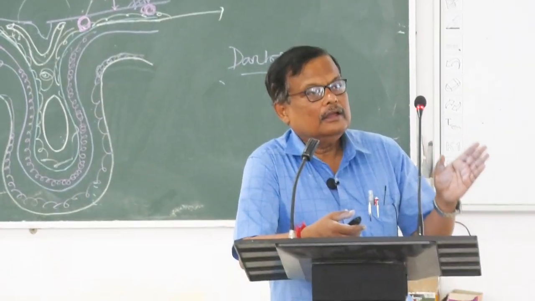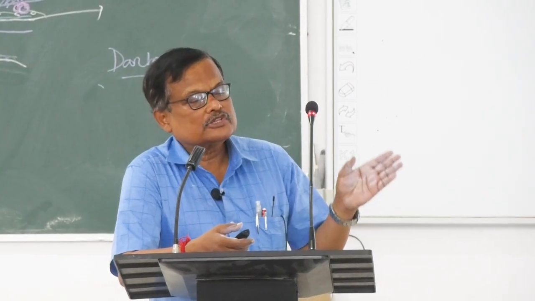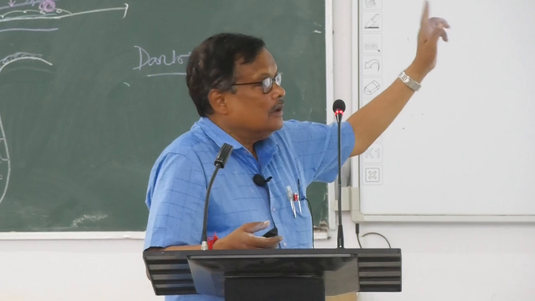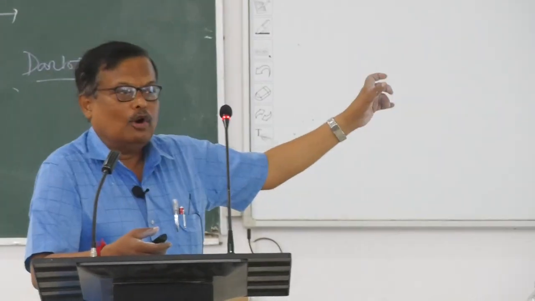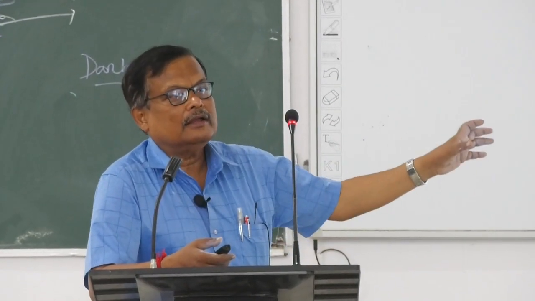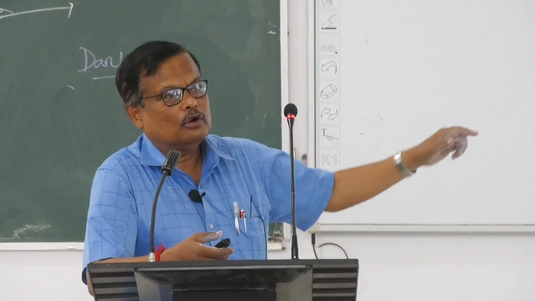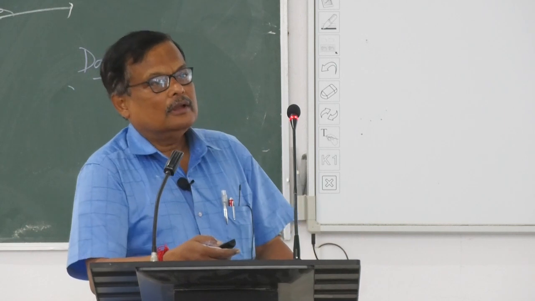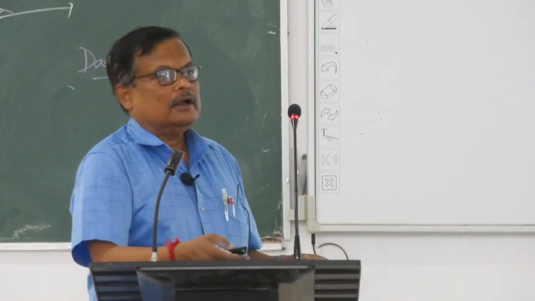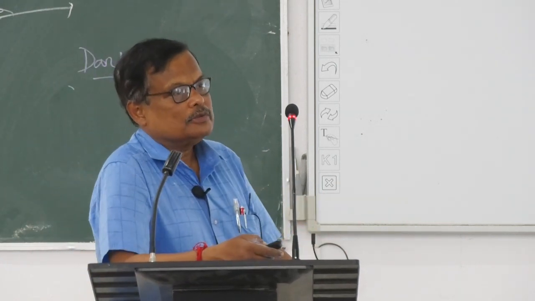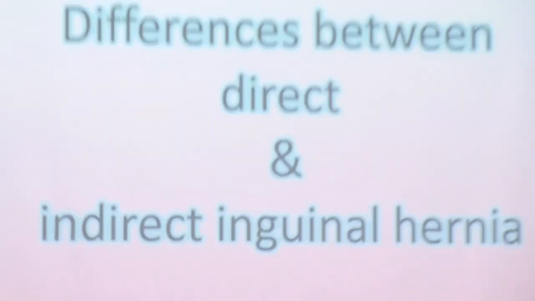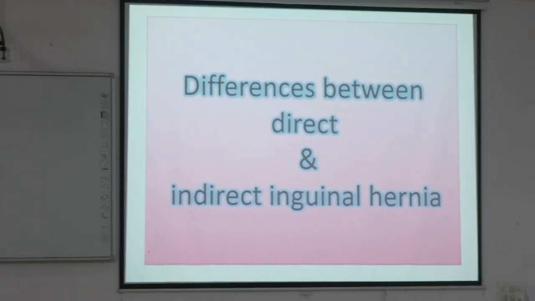In direct hernia, neck of the hernial sac is medial to the inferior epigastric artery. এরপরে fourth point, এরপরে coverings। এই coverings এবার লিখতে হবে। In indirect hernia, coverings in ... In direct hernia ... তারপরে usually indirect hernia is reducible, direct hernia is sometimes non-reducible. This is the difference. ভালো করে পড়বে।